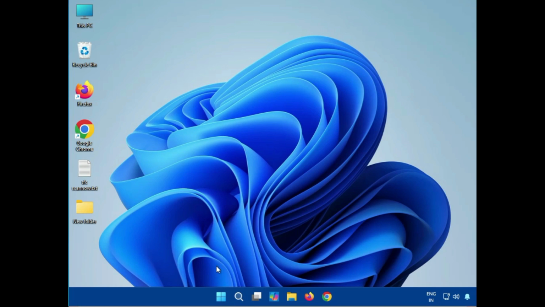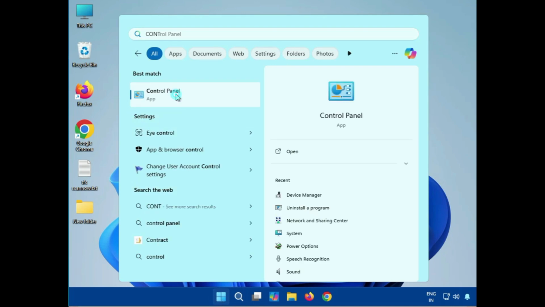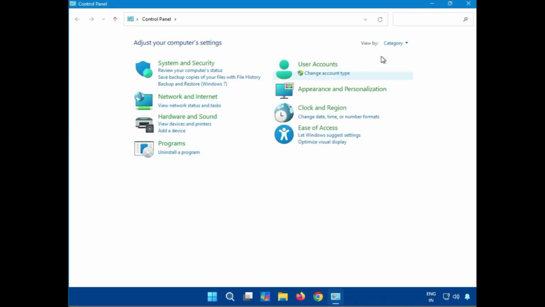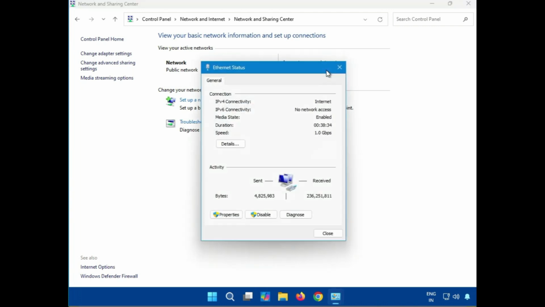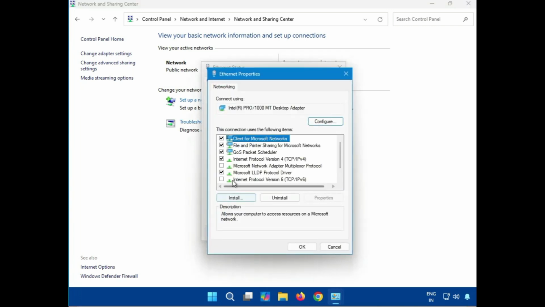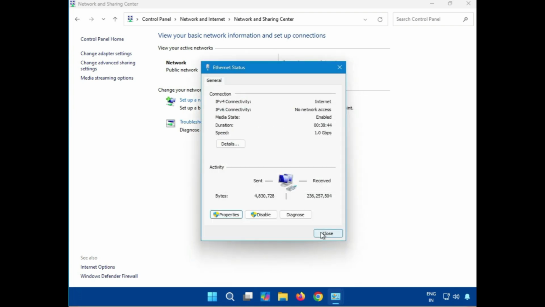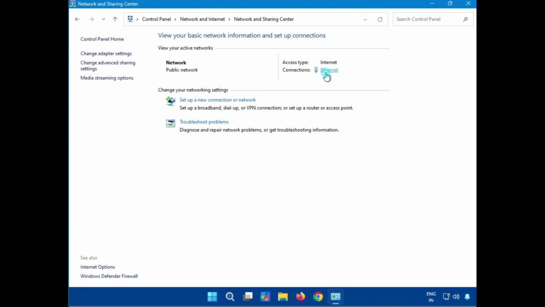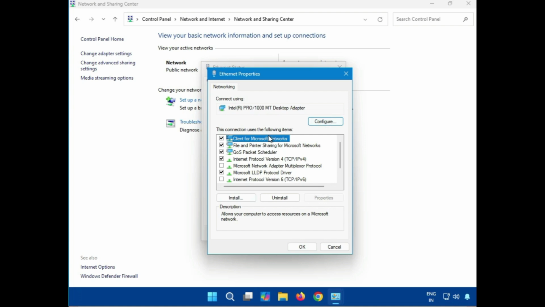Next guys, disable IP version 6. Click Start, go to Control Panel, view by category, go to Internet, Network and Sharing Center, click Ethernet, Properties. If this is checked, uncheck it and then OK. Okay, close it. Then again click Ethernet, click Properties, then select this and click Configure,